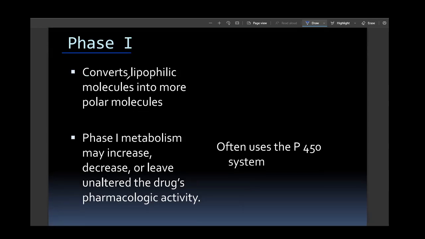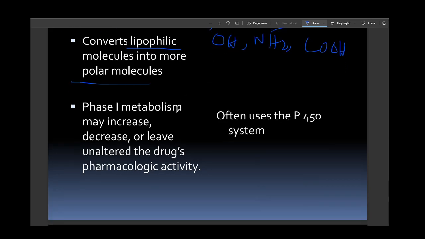It converts lipophilic molecules into more polar molecules by adding OH, NH2 or COOH, carboxylic acid, amino acid or hydroxylic group. Okay, it may increase, decrease or leave unaltered the drug's pharmacological activity. Often uses the P450 system, the cytochrome P450 CYP. Okay, it is a family of